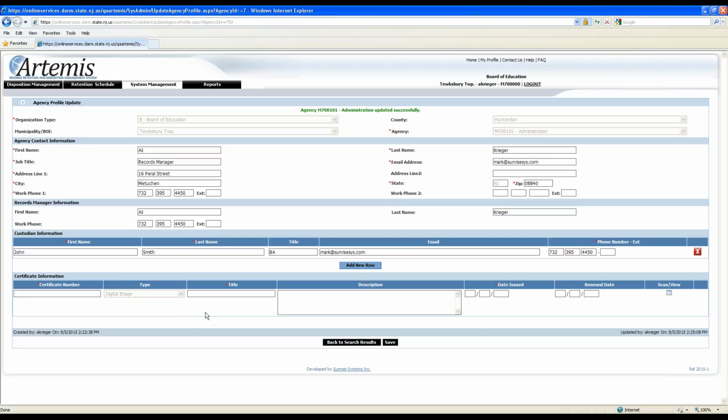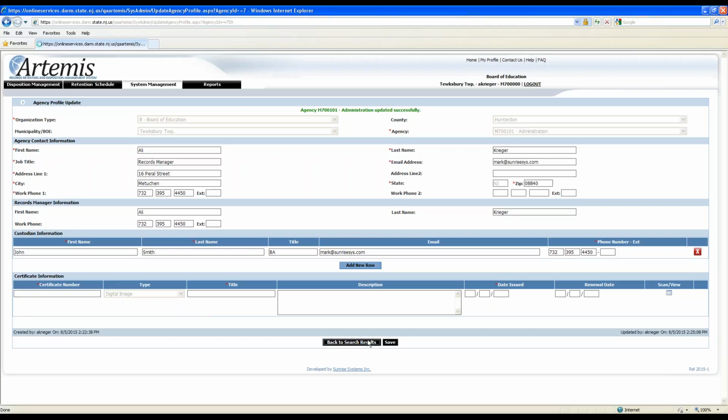And then the last section at the bottom, you cannot enter anything in these fields. These are fields that are maintained by the state. And this really applies for organizations that have imaging certification from the state for document imaging. As you're aware, with document imaging, you get certified by the state. They issue a certification number and the date that it was issued and the renewal date. They will populate this information so you know when your renewal is coming up. So that certification information will be populated by the state at some point in time. You can't enter anything in there, but it's more for your reference.